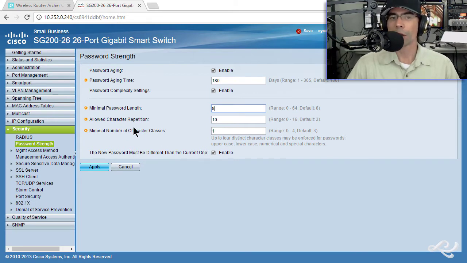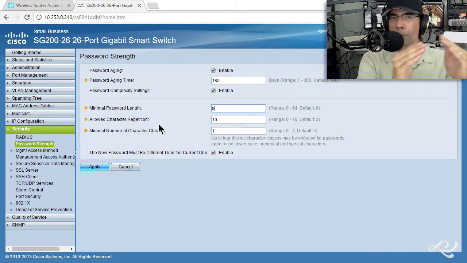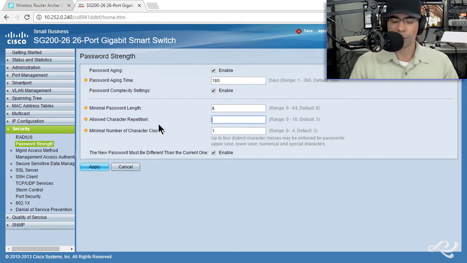Then it says allowed character repetition. Well, having characters repeat in a password is not a good idea. You don't want the letter A 5 times in a row, for example. And here it says 10. That means a character could be repeated 10 times. We don't want that. The default for this switch is 3, but you may see a policy for your company that says, no, it's got to be 2 or 1 or even 0. And this way, there's no characters being repeated ever, and that makes it tougher to guess the password if you're an attacker. But we'll leave that as 3 as the default